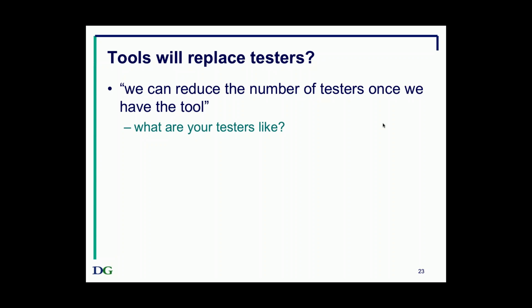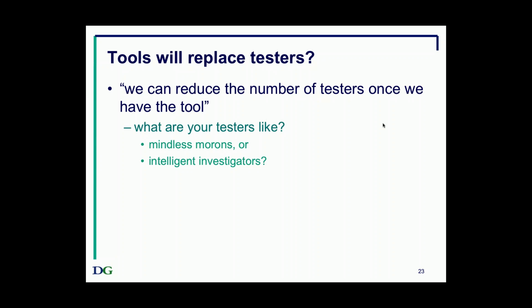Well, if that's what your testers are doing, then I think they're more like mindless morons, and perhaps they could be replaced by a tool. But if your testers are intelligent investigators, where, yes, they might have a script or a list of ideas of things to test, but as they're going down through the piece of paper and checking off things that they have done, they're thinking to themselves, I wonder, or what if, or this doesn't look quite right to me, I'm going to do, or I wonder if they thought about this, and I'm going to go and explore over there.